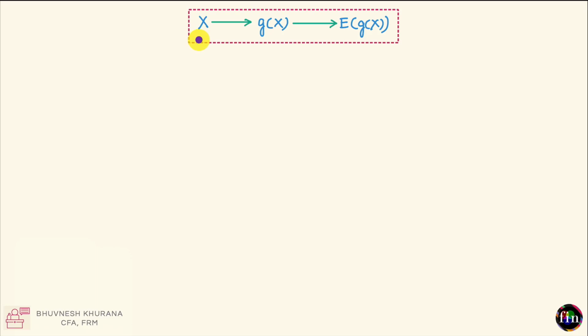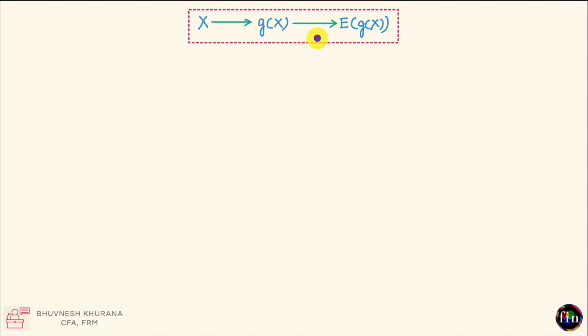In this video, let's take a look at the antithetic variates technique for reducing the standard error of our Monte Carlo estimator. Let's do this. Let's start by very quickly recapping the standard Monte Carlo procedure. Let's say there is a random variable x and there is a function g of x.